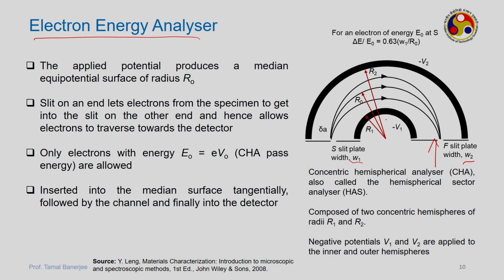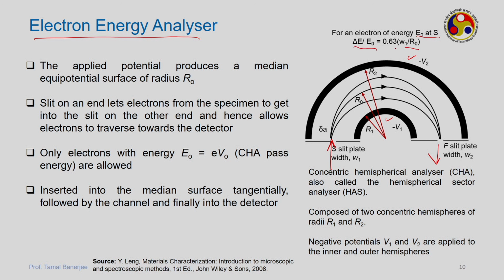You have negative potential being applied here and here. So, it means there is an electron of energy E naught at S. Okay, I made it incorrectly. It's actually this, the electrons are entering through this direction and exiting through this direction. So, when an electron enters through slit window W1 and exits through slit window W2, where we have negative voltage applied, minus V1 and on the exterior minus V2, then the total resolution